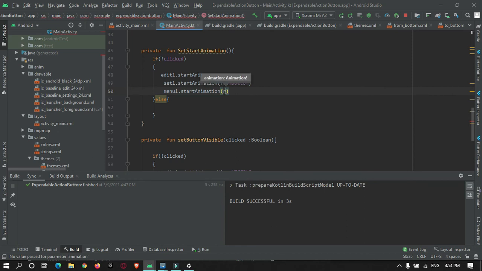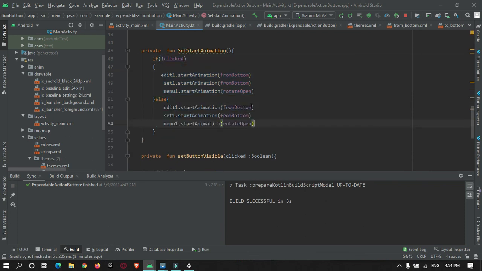We will rotate it to open, and when the button is open, meaning when it is true, we must make it go to bottom, and we must rotate it to close.